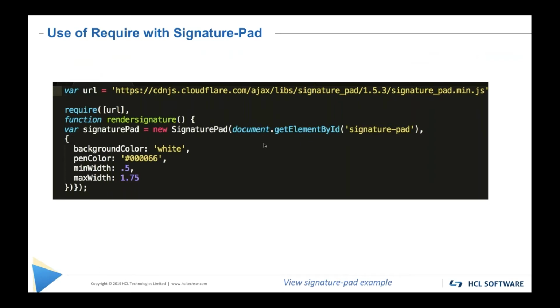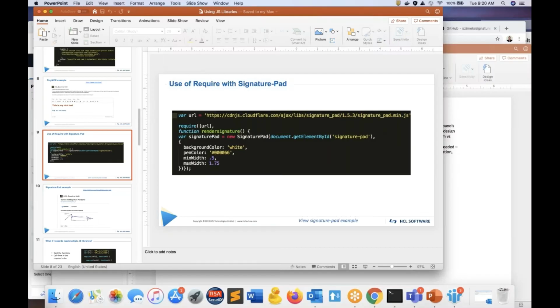So back to the code that essentially calls this in. So the same technique again. So it's what is the URL, and I'm going to require that URL, and then I've got a function here to render the signature. All right, and this goes on. This is just kind of an abbreviation of the code, but it illustrates the basic technique of the require function. So if we take a look at this application,